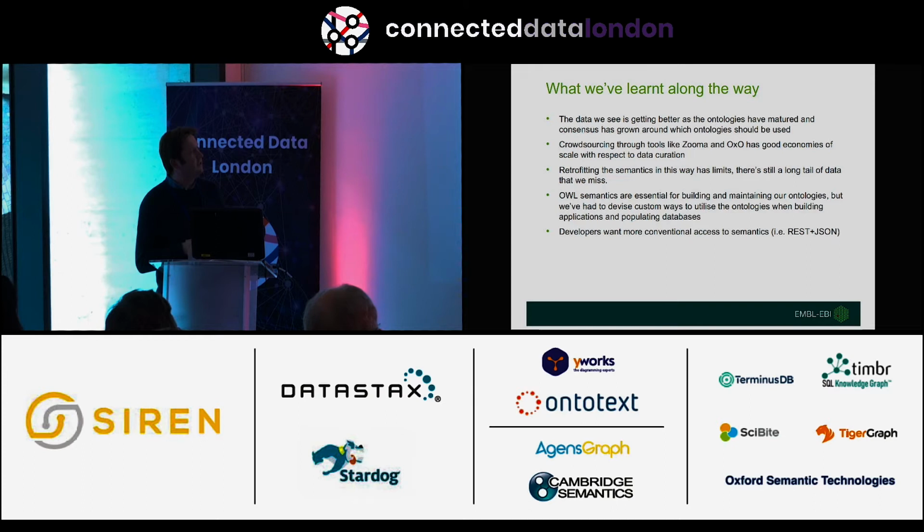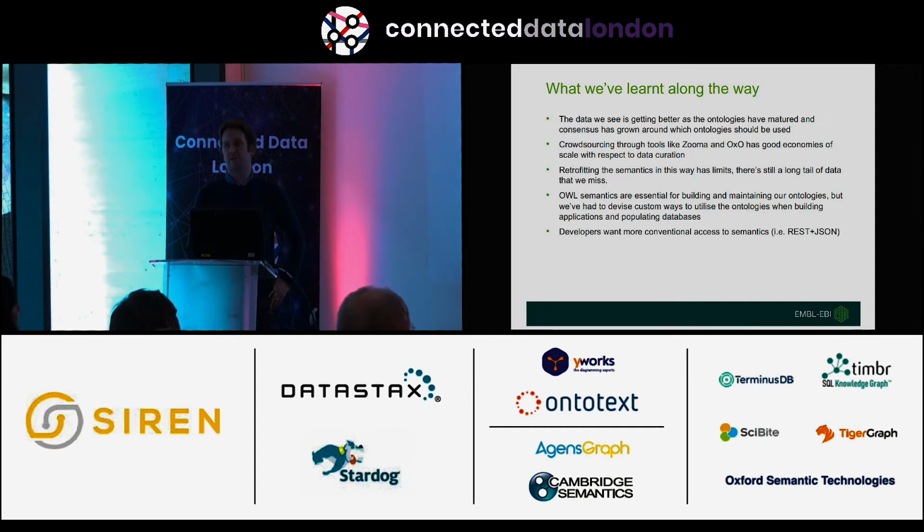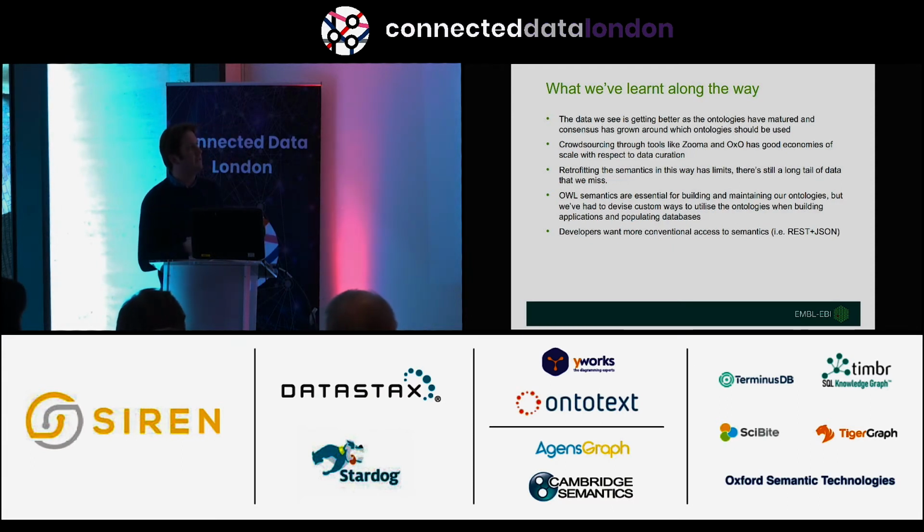We are still ultimately retrofitting semantics onto data. The data is still, by and large, coming through quite messy. We do quite well on the common concepts that we see, but there's a massive long tail in the metadata when you do the analysis, of stuff that doesn't map to any existing ontology, and we don't really know what this metadata is saying.